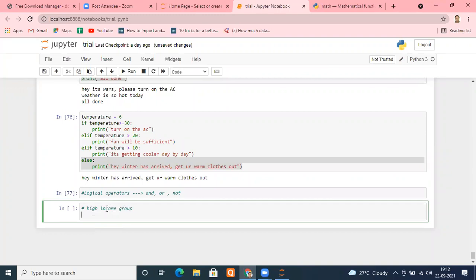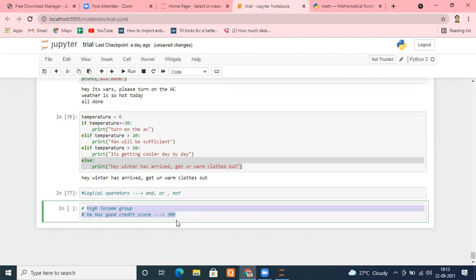Let's say we define a credit score above 300 to be good. If these two conditions are satisfied, meaning high income group and 300, then we can say that you are eligible for the credit card or you are eligible for a loan. Otherwise, you are not eligible for a loan.